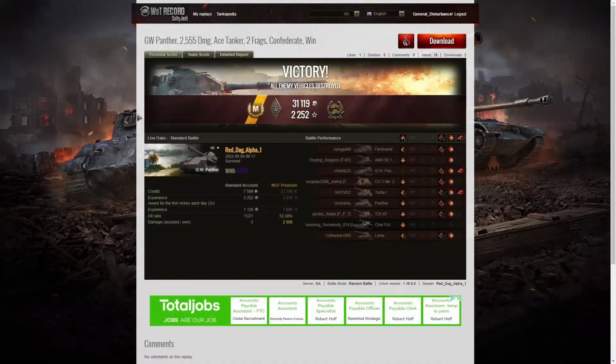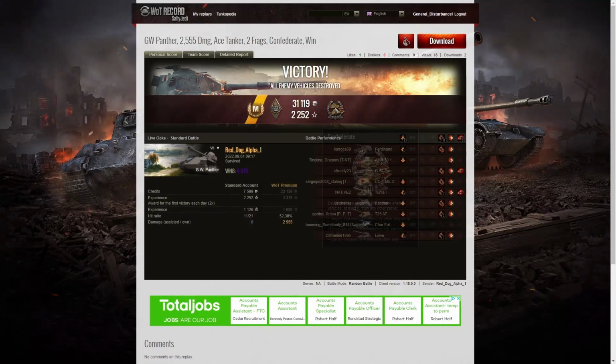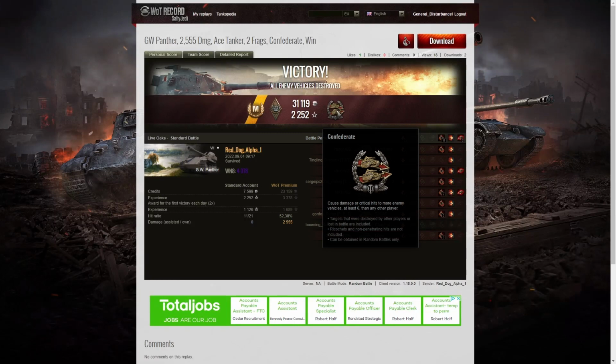Here's the end of battle results, and that was an ace tanker game for Red Dog Alpha 1 in the GW Panther. He put in so much damage, and so many blind shots hit the target that he actually picked up the ace, not just for the actual damage, but also for the stun assist. He got a Bruiser medal for getting at least 5 critical hits. In fact, he got 11, and he got a Confederate for hitting more of the enemy than anyone else on